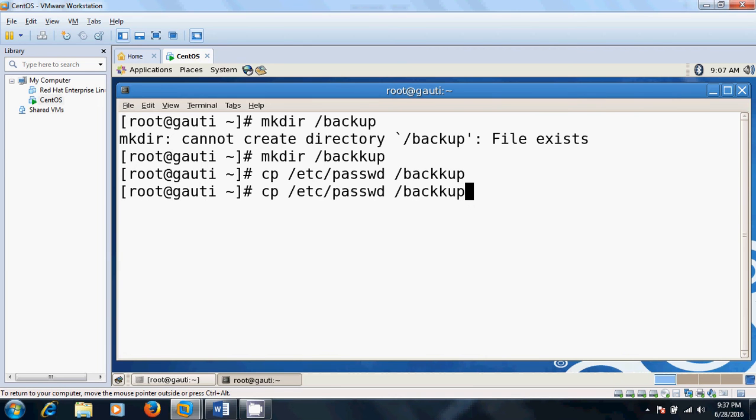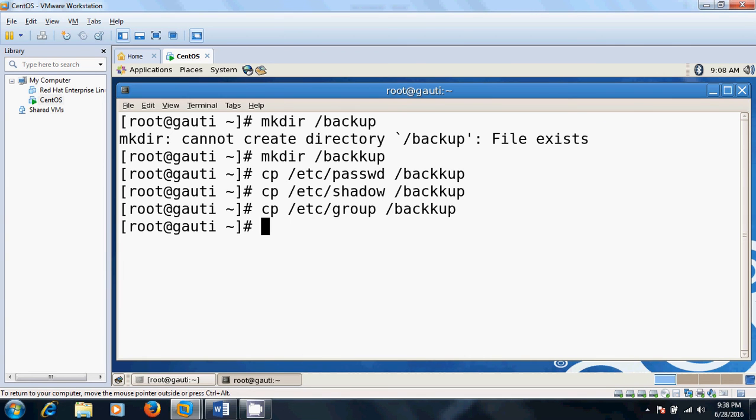Same thing, we change the name here, shadow. Okay friend, now the last one is group. We made the directory. After that we copied all the files /etc/passwd, /etc/shadow and group to the backup directory.